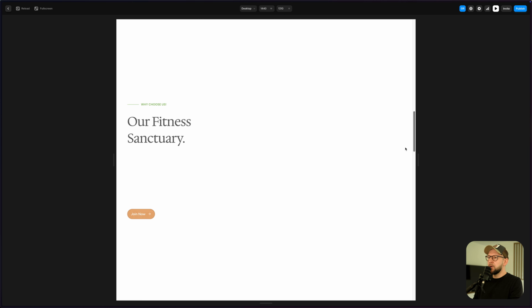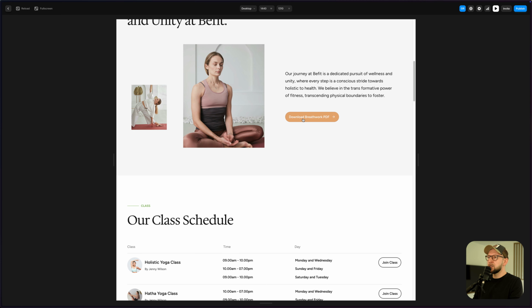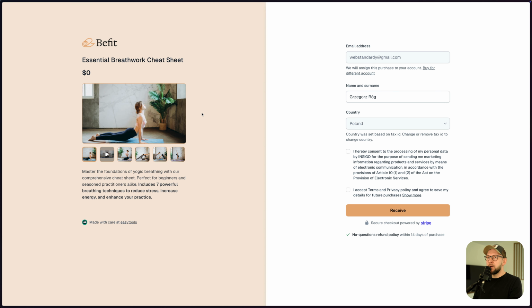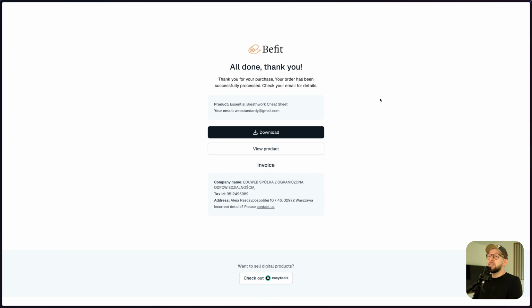And if we scroll to this section and I click on Download Breathwork PDF, I will be redirected to our checkout. And this is working great. I can accept all of the terms, and my data is pre-filled already because I'm logged in. Let's go ahead and click Receive Now. So this is basically it, all done. And this is a thank you page where I can download my product. So I can click on Download,